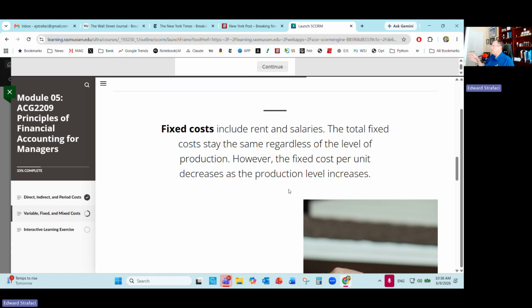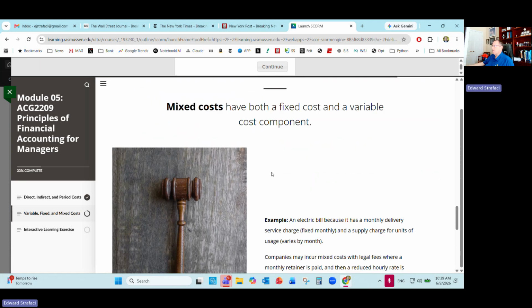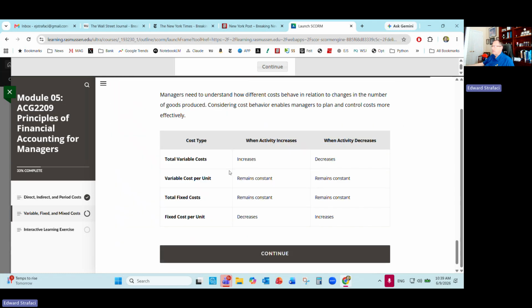So the fixed costs never change. Fixed costs never change. But the variable costs or mixed costs do change with units of production. So think about it this way. When you have a product, you have to cover your fixed costs first because they're not going to change. So let's say you have a pizzeria. This is how I would explain it. So please pay attention. The key word this week is fixed